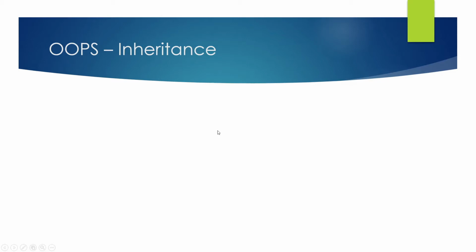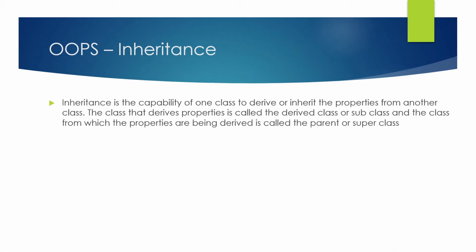Let's move forward to the next one, which is inheritance. What is inheritance? Let's not look at the definition right now. We'll just talk about a real world scenario. For example, there are parents and they have kids. Parents have some attributes or properties, like a round face, blonde hair, or grayish hair, or any other property. Whenever they have kids, some of those properties are present in their kids also. That's the real world scenario of inheritance.